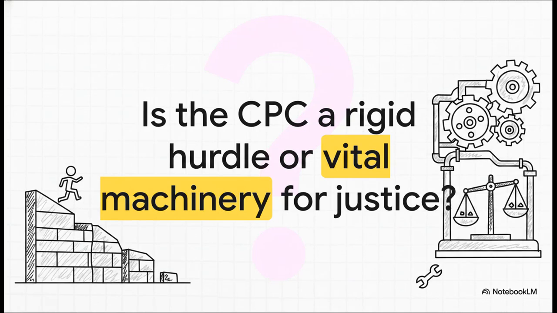So, as we wrap up this explainer, I want to leave you with a final provocative thought. Is the Code of Civil Procedure just a rigid set of hurdles, or is it actually the vital machinery required to achieve ultimate justice? Listen, if you treat it like an obstacle course, you are always going to be fighting the system. But if you truly understand its architecture, the delicate balance of rights, remedies, and finality, the CPC becomes your absolute most powerful tool for delivering substantial justice for your